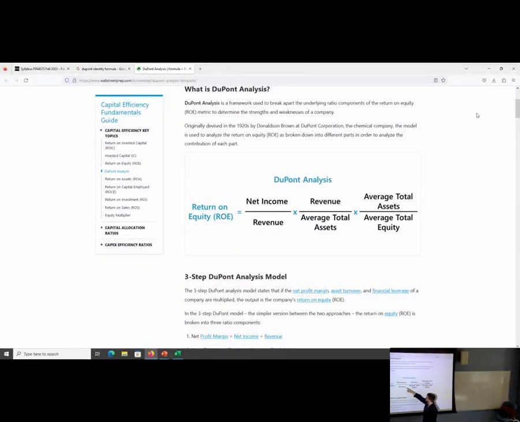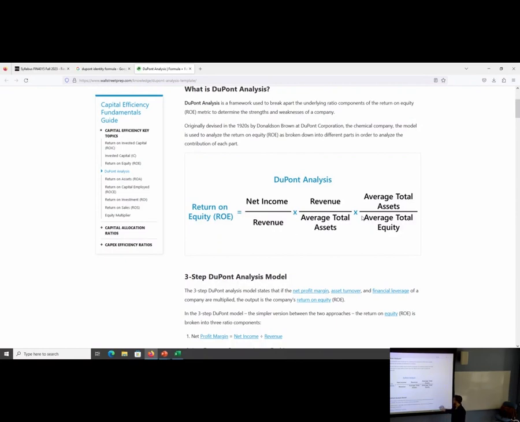You need revenue, you need top line income to arrive at bottom line income. To produce that revenue, you need assets in place that are productive, that are generating that value. And you're also likely going to need capital in order to fund that initial use of those assets. So what the DuPont identity is showing us is the breakdown of all those inputs, and when we look at return on equity and break it apart with DuPont, we can see how much of the value is being generated from revenue